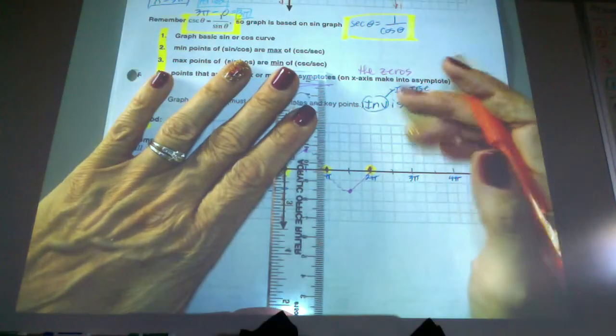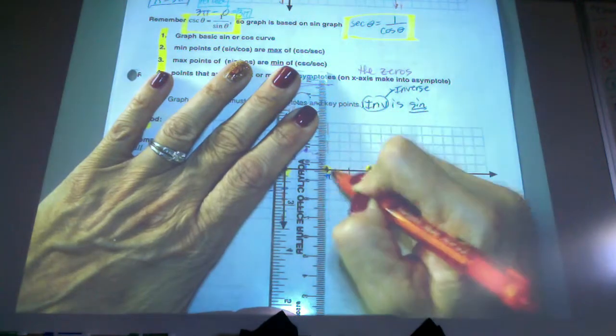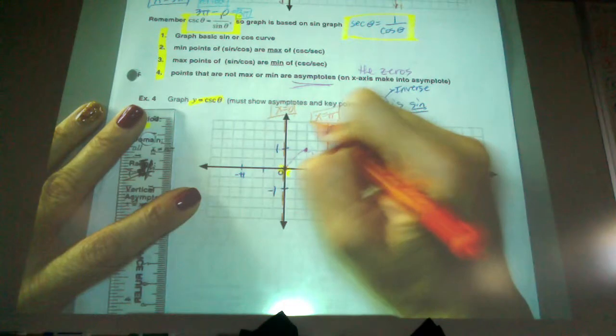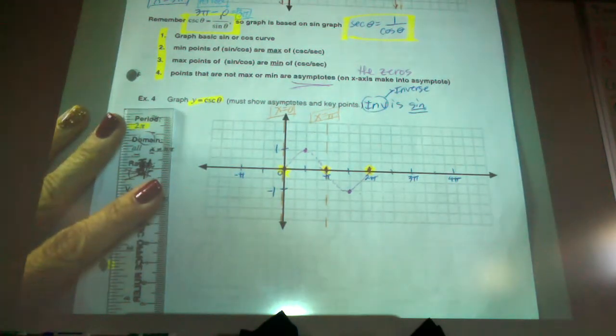And then over here at pi, we have another 0. So that would be x equals pi. So that's asymptote number 2. If I ask you for the graphs of the asymptotes,